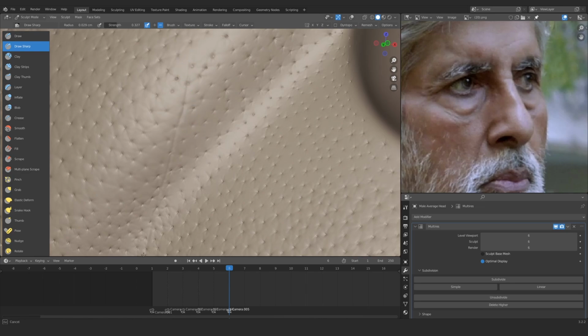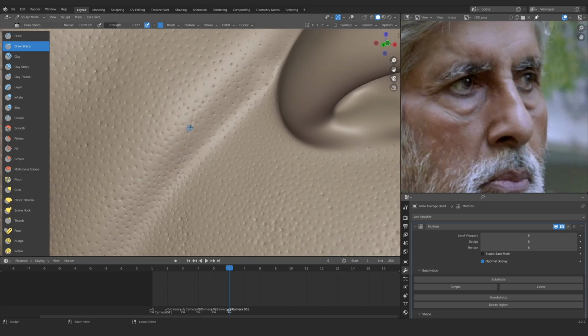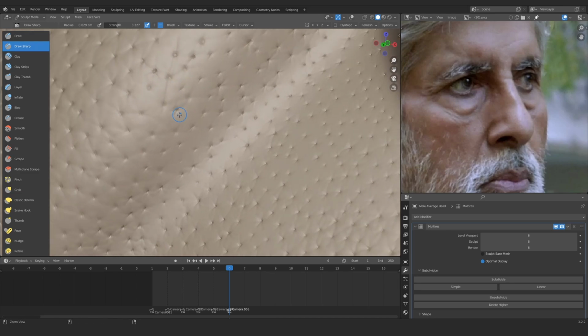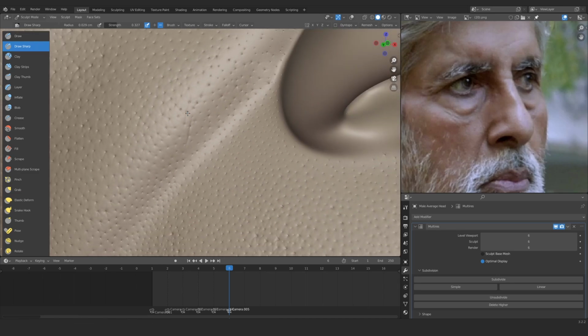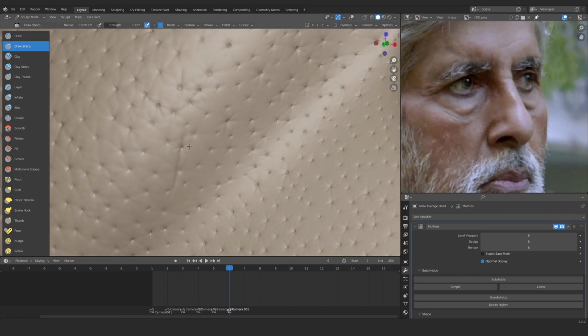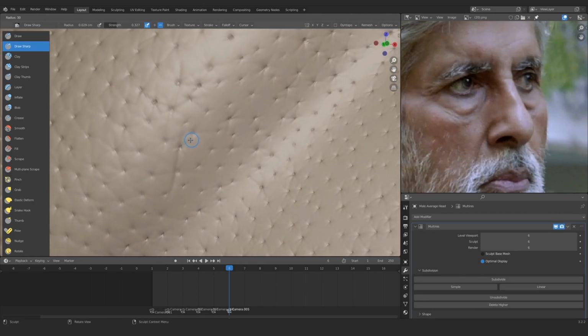Like you can see. Okay, this is not the accurate way. I'm just explaining that you are not supposed to do it like this, but do it like this: connect the three or connect the two, or maybe sometimes you don't even need to connect any of the pores. Just create a line that gives the hint of direction, and you're good to go. So in this case, you can see that